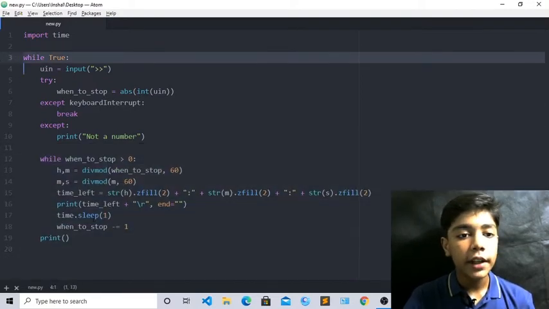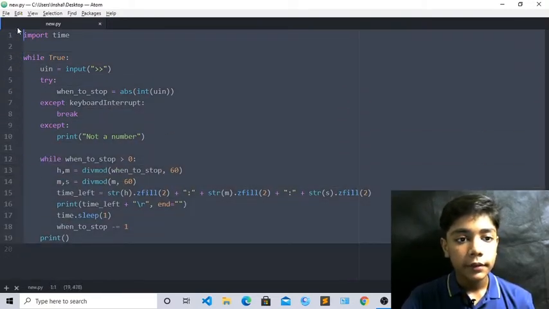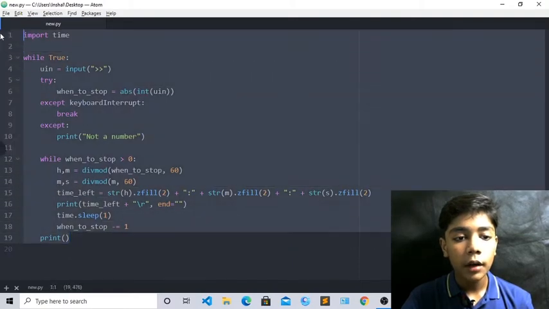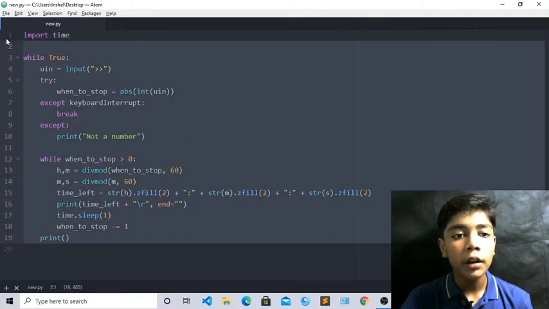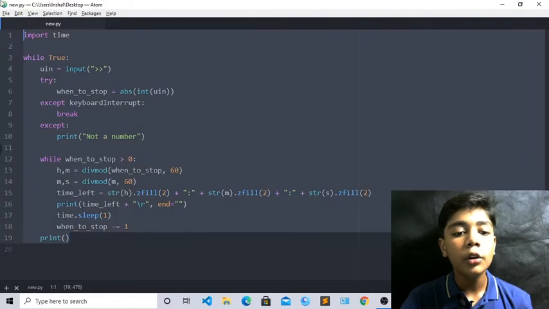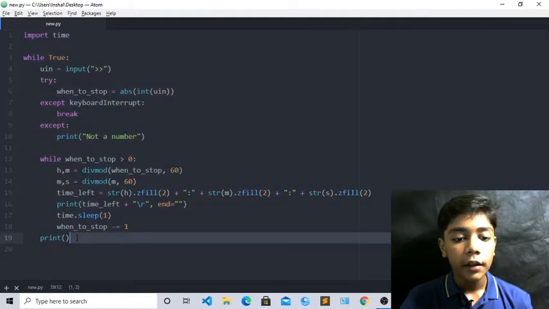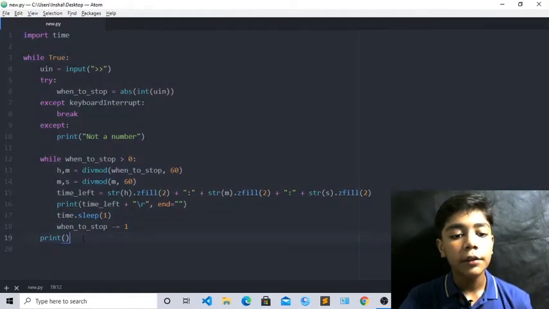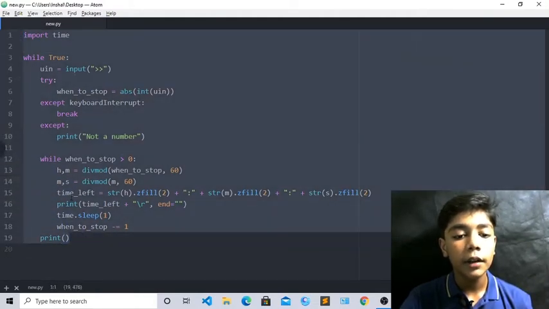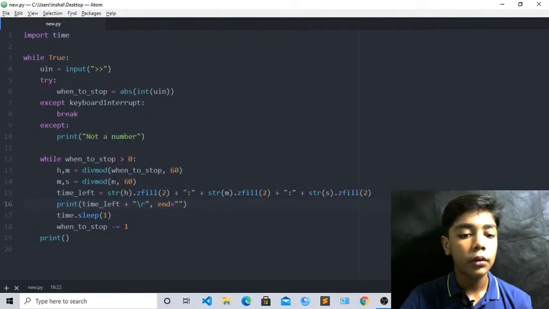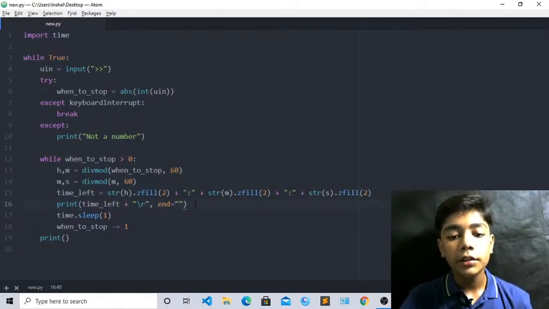I hope you understand what this clock countdown timer is. I hope you all understand its code also. Please don't double that code, please write that code one on one, because if you write it double and double, it will not work. It will give you problems and you will face many difficulties in your work. So you have to do it correctly. Now I hope you understand what a countdown clock and timer is.